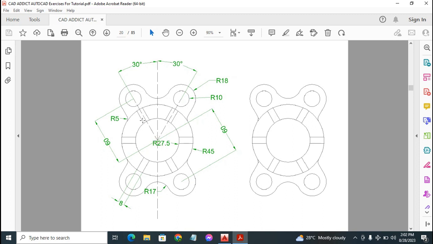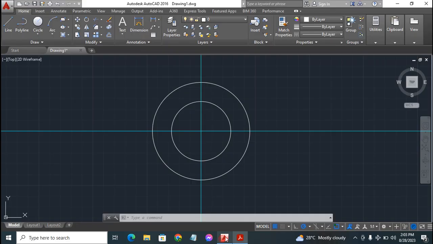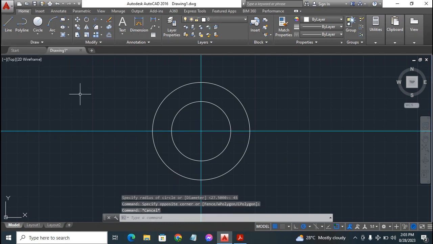Okay, so to get the center point of these, they are inclined at angles. I believe they're inclined at angle 60 degrees. So we are also going to be getting other construction lines, angular construction lines inclined at angle 60 degrees. Okay, so let's do that. Back to CAD. So straight up to construction lines. Before we do that, let's turn back our construction layer to be the current layer,